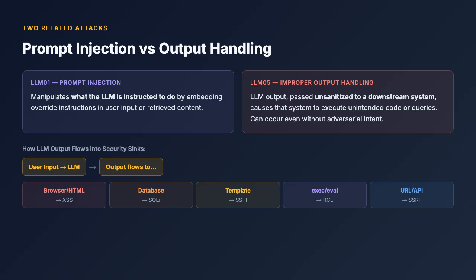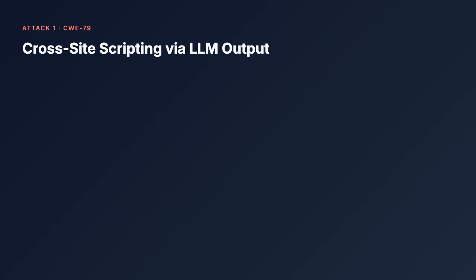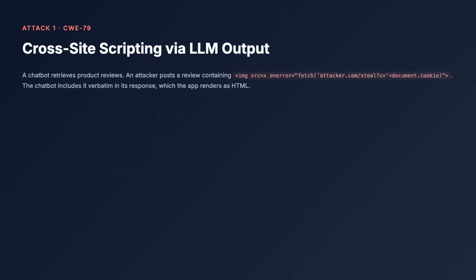Let's examine each one. Attack 1. Cross-site scripting via LLM output. Here is a realistic scenario. An e-commerce chatbot retrieves and summarizes product reviews. An attacker posts a review containing a malicious image tag with an onerror handler that steals cookies. The review is stored safely with HTML encoding on the product page. But when the chatbot retrieves it through its API and includes it in a response, the app renders that response